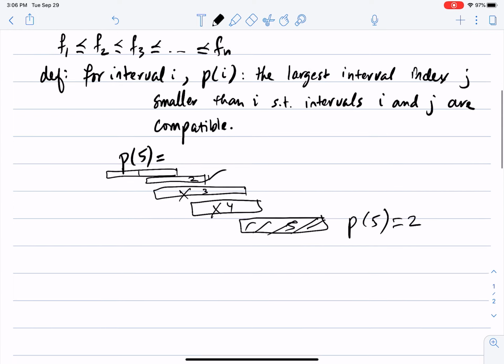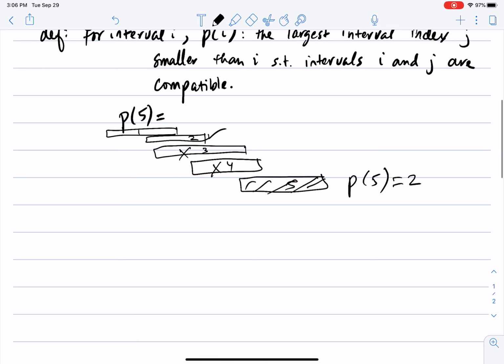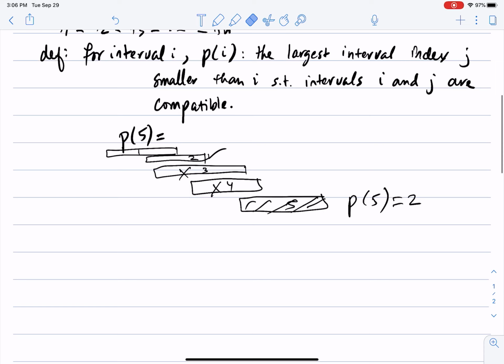And now we need to think about the optimal solution for this problem, and we are going to look at it recursively, and we will almost always define the optimal solution. Okay, so I will denote by opt the optimal solution here, opt of I. So what is opt of I? This is the value of the optimal solution, which is the total sum of the weights of the optimal solution